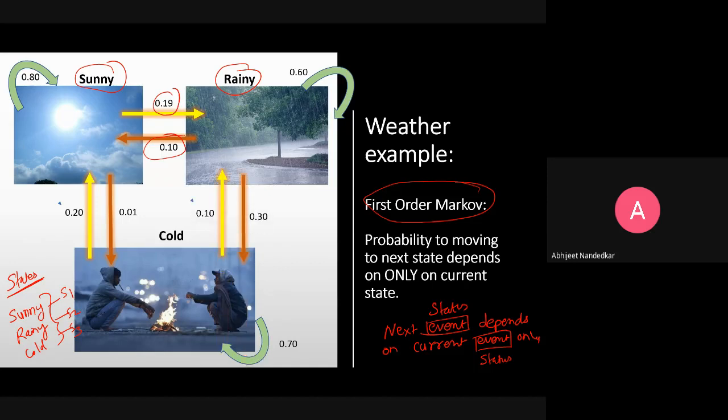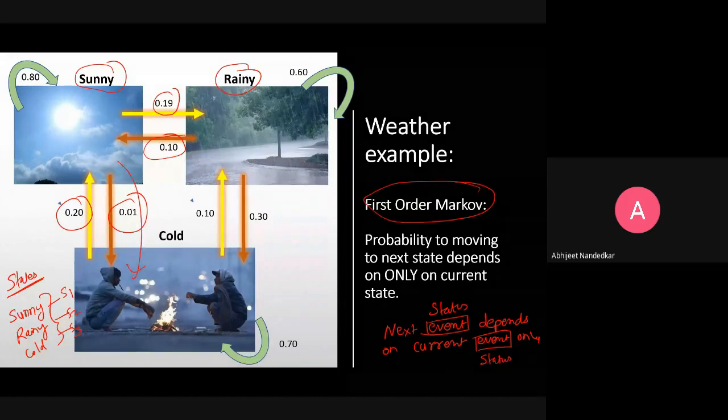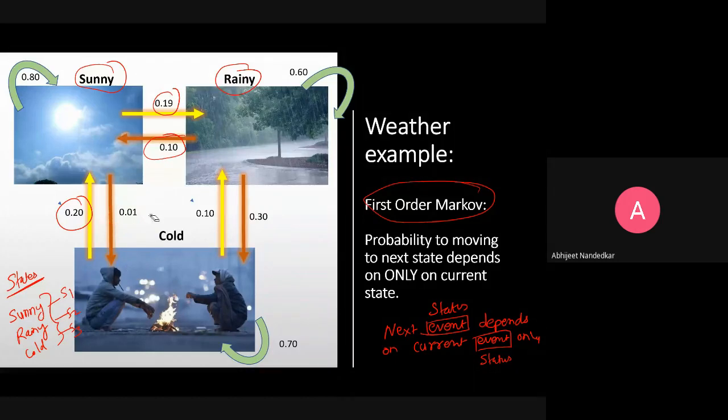Then we have different probabilities for different events, say a 20% chance from cold to sunny, then a 1% chance from sunny to cold. So there won't be a direct transition as such, but if at all there are some events like this, it will be just 1%. Then rainy to cold is 30%, and cold to rainy is 10%. So like this,